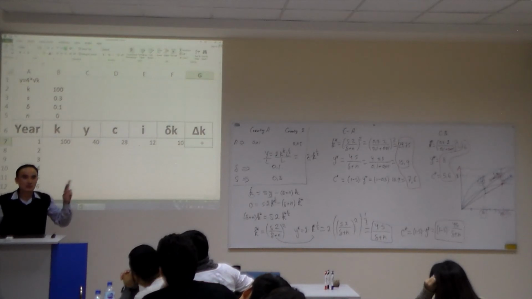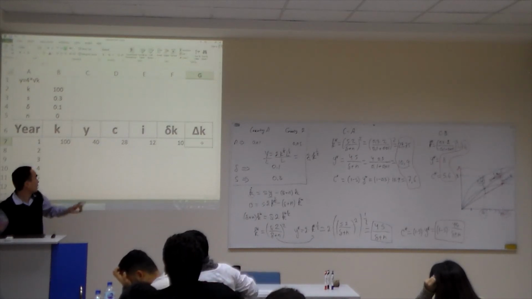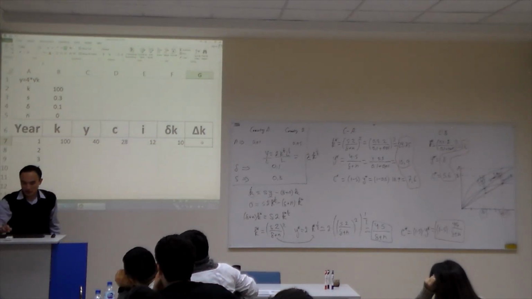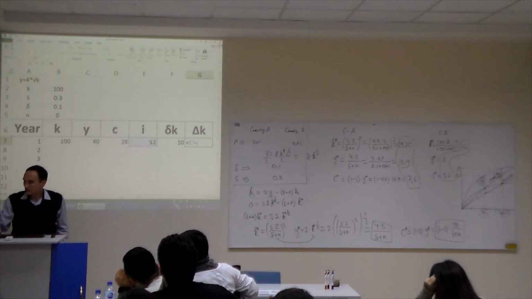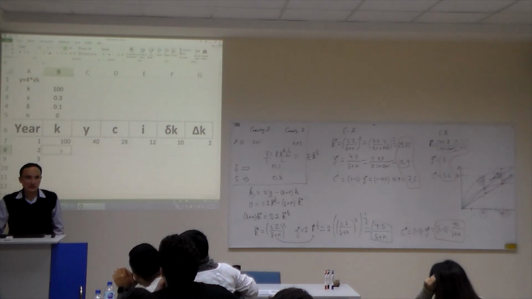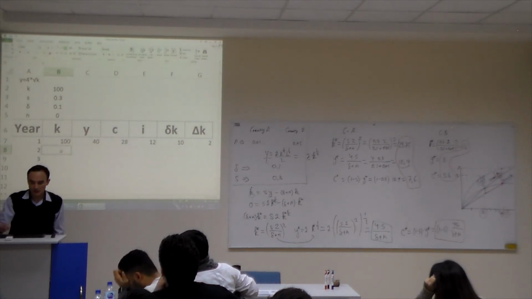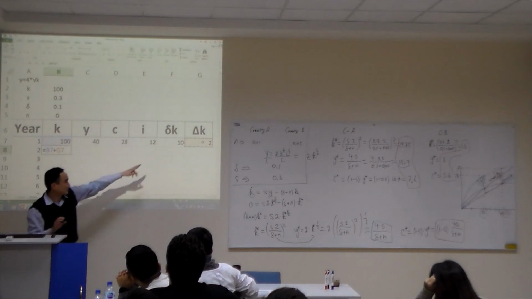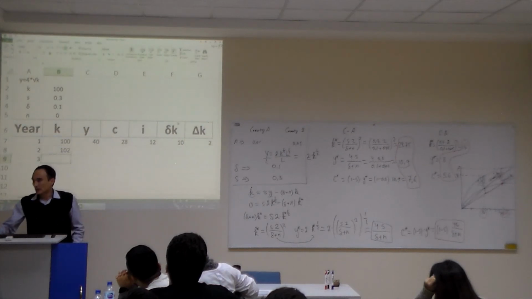It is investment minus depreciation. In other words, we can write it as investment minus depreciation, it's equal to 2. Our next year's capital is going to be equal to our capital of the previous year increased by this change. If you apply it for these years,